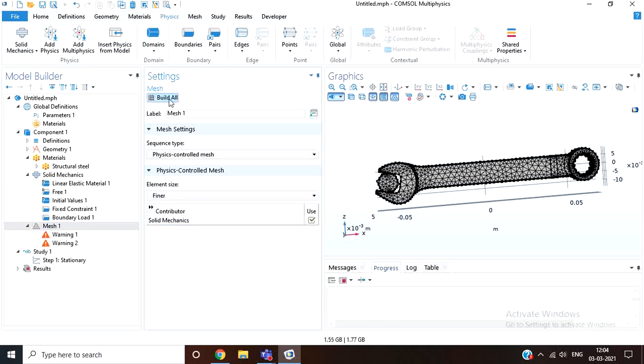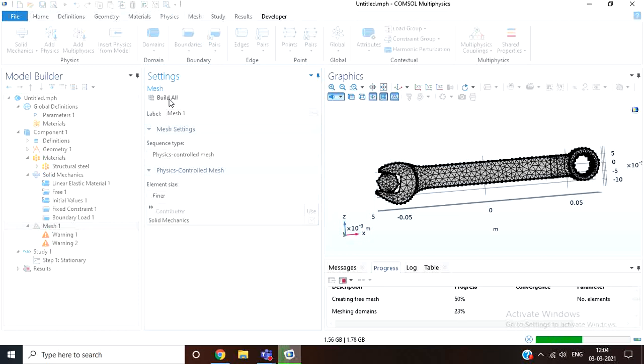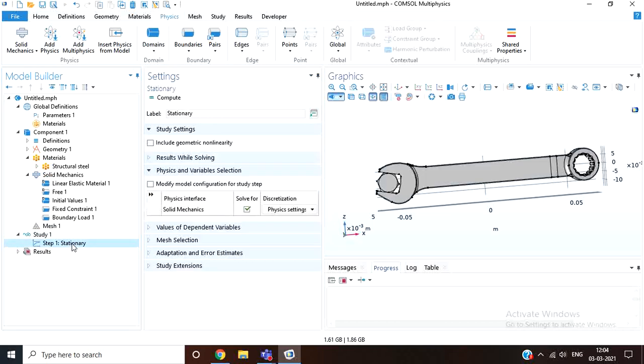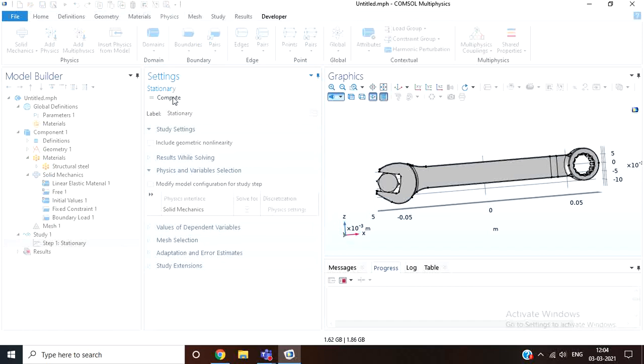So let's use a finer mesh. The finer your mesh is, the more time it will take to compute. But since our model is simple, we can use a finer mesh, and directly for the stationary analysis we'll compute our study. Since we have selected a finer mesh, it will take a bit longer.